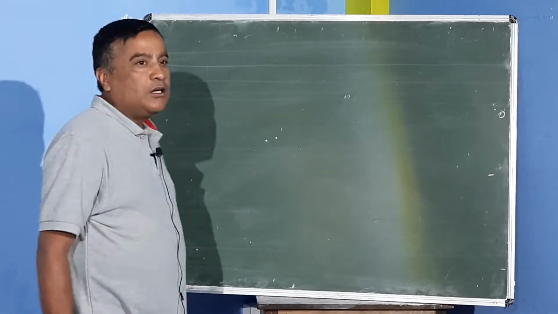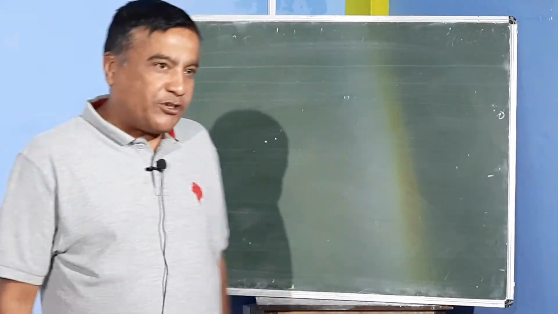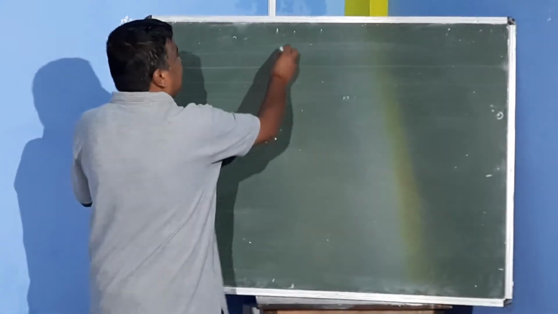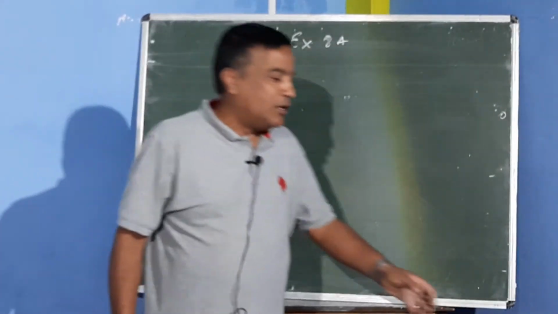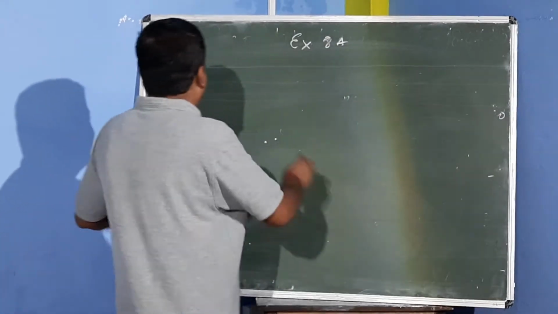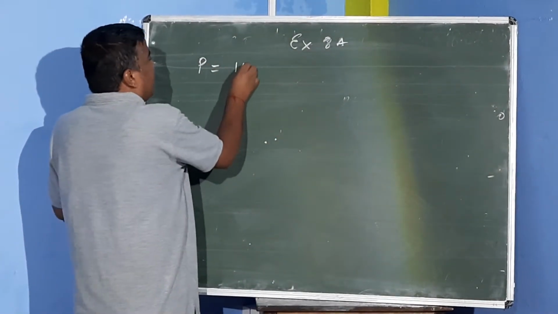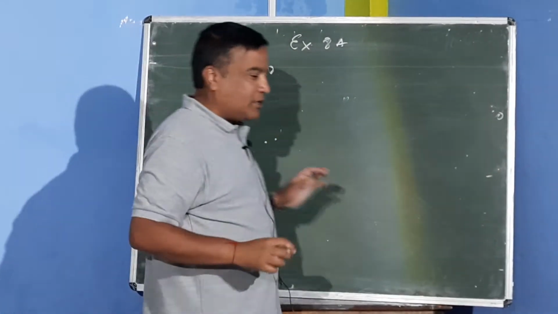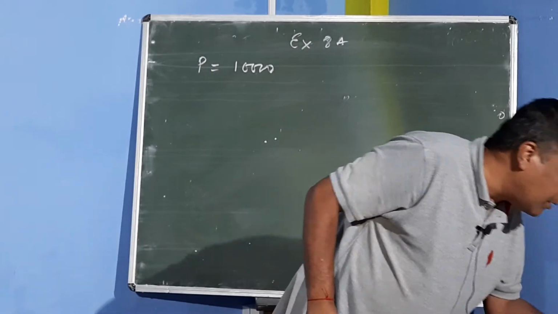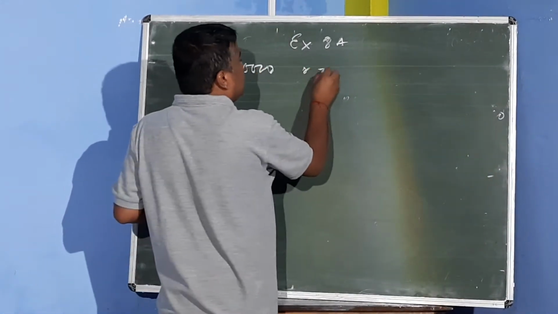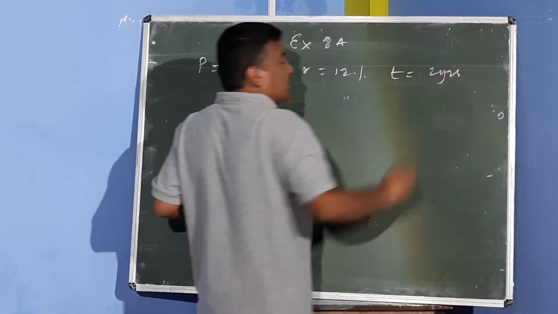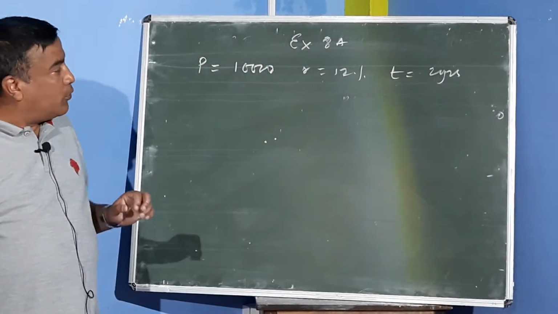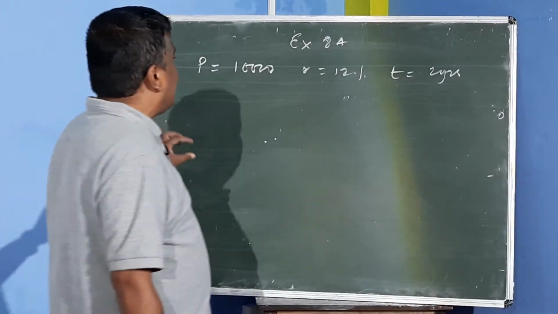Okay, welcome back. Today we are going to discuss compound interest. This is exercise 8A of your textbook. Here principal is 10,000, rate 12%, time is 2 years. In my last class I told you in compound interest whatever time is given you